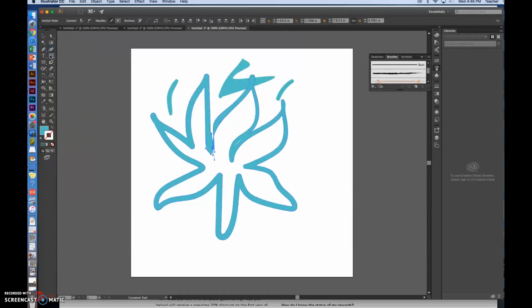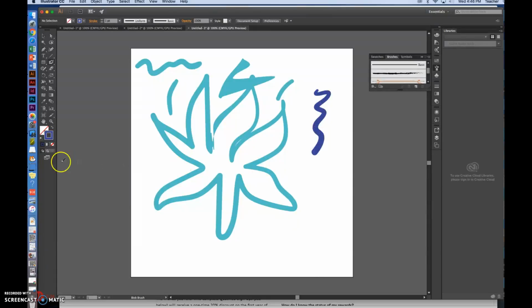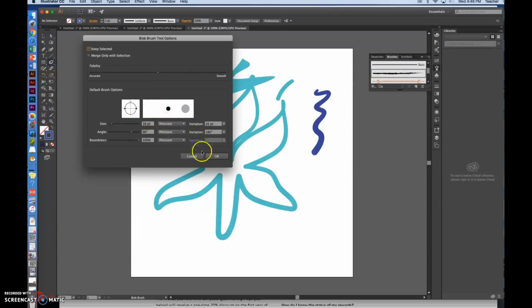Okay, so as I use this blob brush tool and create lines, maybe I want to change the color and the size. Now I'm reviewing things in this lesson here. Change the color. Now I want to change the size, so I'm going to go over here to my paint can. Let's see what this one would do. If I grab that charcoal, make sure that I am pressure sensitive, change the thickness,